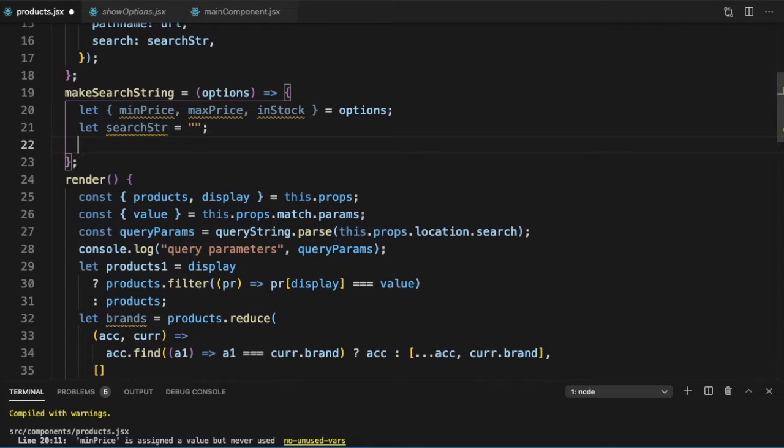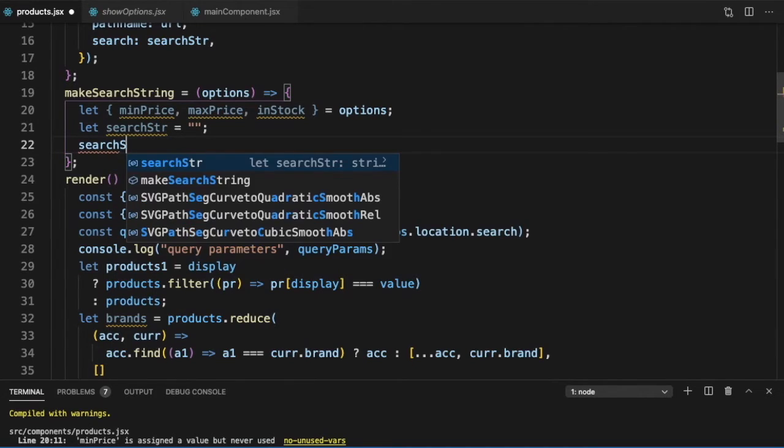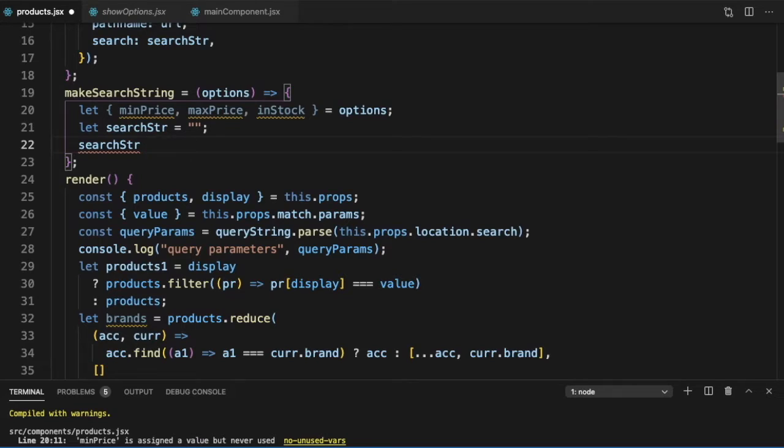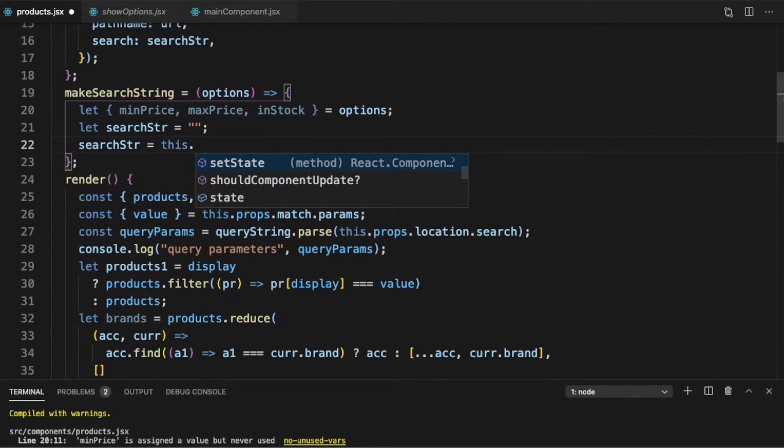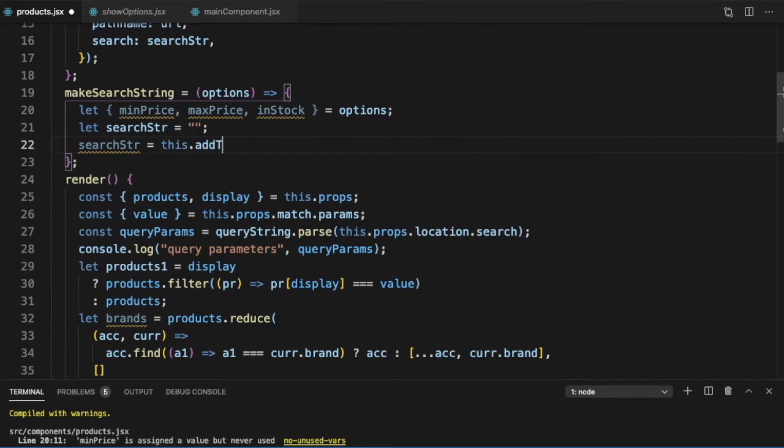So now for each value, we will need to construct that string wherein, say, minPrice is equal to the value given. So let's just say searchString is equal to this.addToQueryString. We create a function that does that.